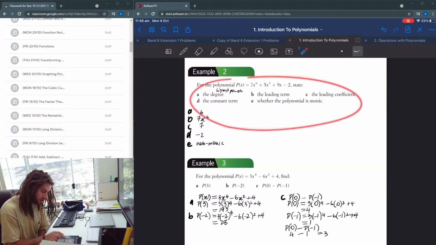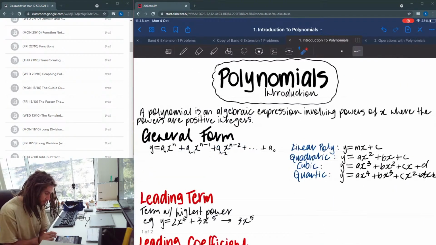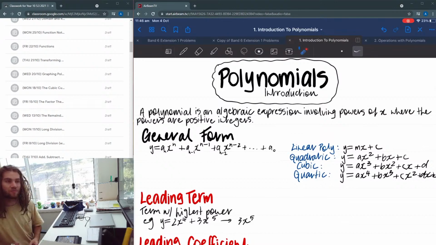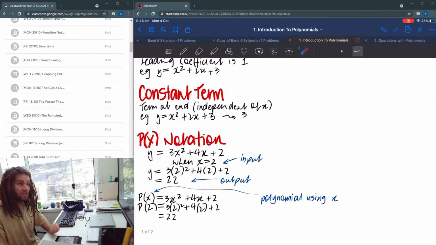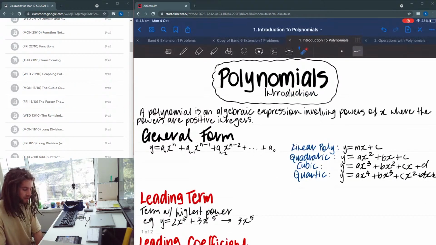So there's a lot of new words, there's a lot of different notations for the same thing. There's a lot of terminology, there's a general form, but it's all different, which is why this is probably taking so long. The next lesson is pretty easy, so I just want people to get used to the different words, used to the different way of thinking about what a polynomial even is, and we're moving away from graphing for a little bit and just kind of focusing on, I guess, the roots of